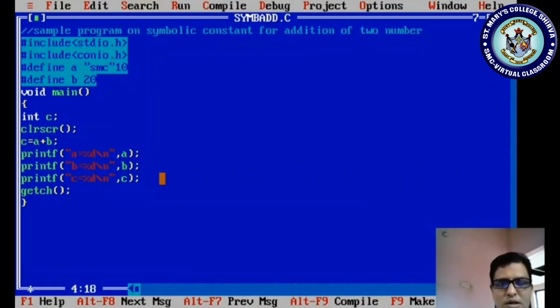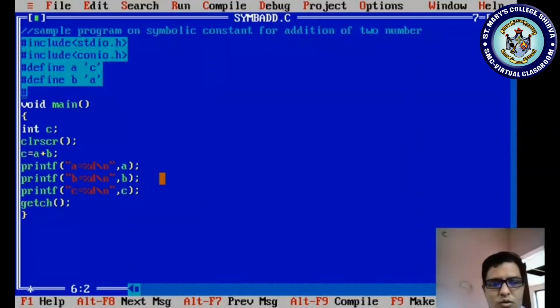No, let me check one character, within single quote C, and within single quote A. Okay, and I'm defining one more thing as define C or D. I will take it as a D. D is as single quote B. Okay, now I'm taking here it is a character as a C.